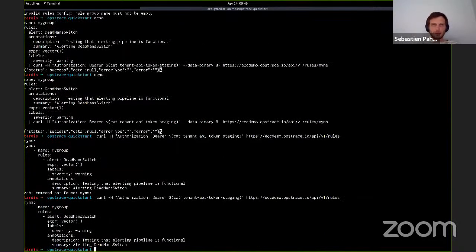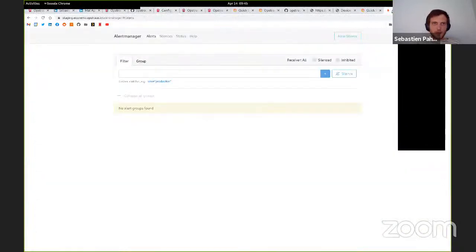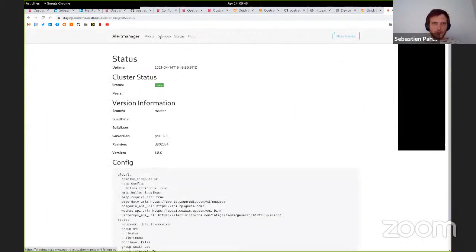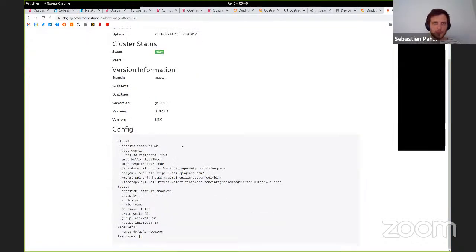Okay, so back to Alert Manager. Why does it say no group found? That's a weird thing. Config is there.